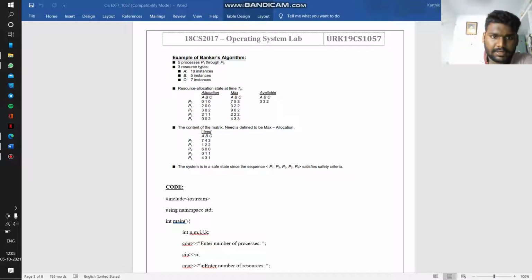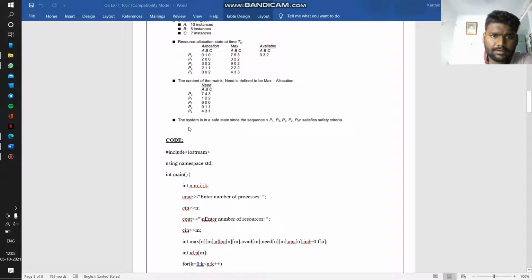Next step, the content of the matrix need is defined to be max minus allocation. Finally, the system is in a safe state since the sequence P1, P3, P0, P2, P4 satisfies the safety criteria.